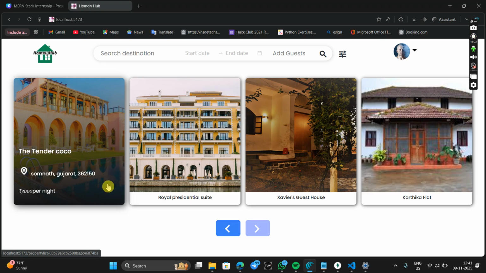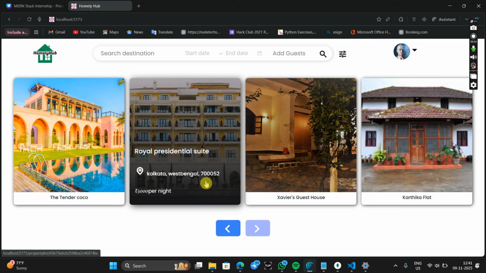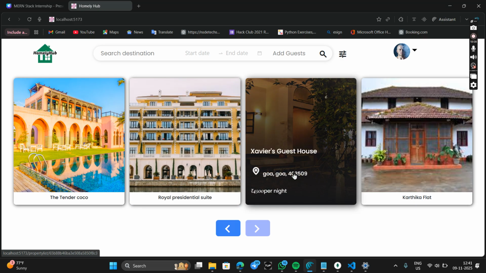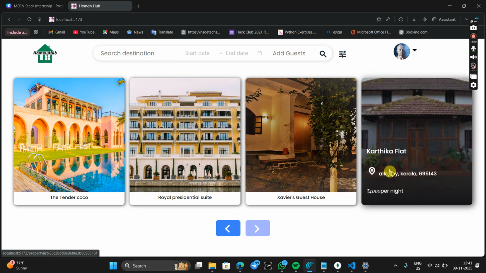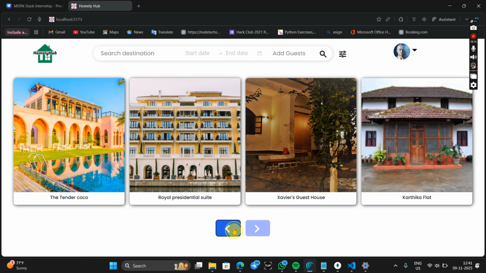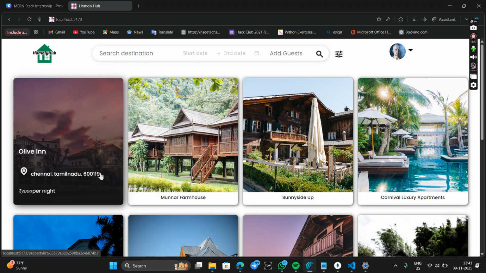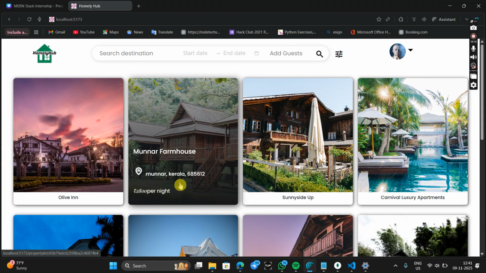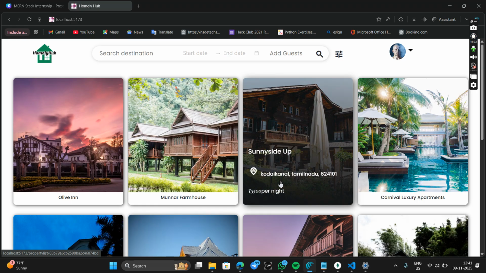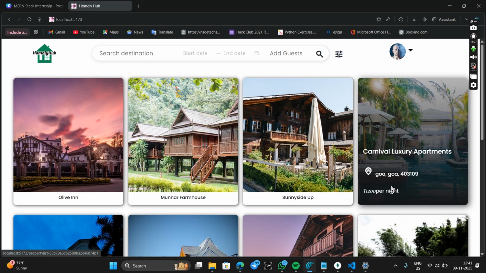The Stara Coco in Gujarat, and this Royal Presidential Suite in Kolkata, West Bengal, this Xavier's Guest House in Goa, and Kartika Flat in Alleppey, Kerala, this Olive Inn in Chennai, Tamil Nadu, this Munnar Farmhouse in Munnar, this Sunnyside Up is in Kodaikanal, Tamil Nadu, Carnival Luxury Apartments in Goa,